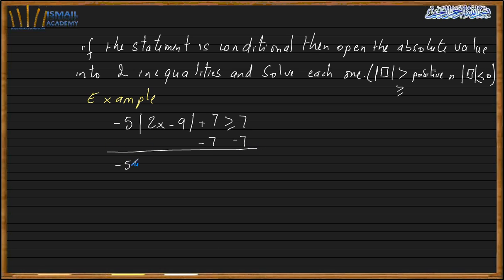So I got minus 5 times the absolute value of 2x minus 9 is greater or equal than 0. Divide by minus 5. When we divide by a negative, we flip the sign. Here, you can say this is less than 0. Yes, but it's less or equal, which means that all